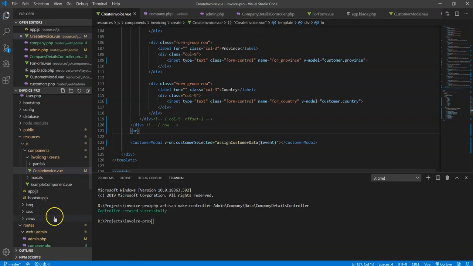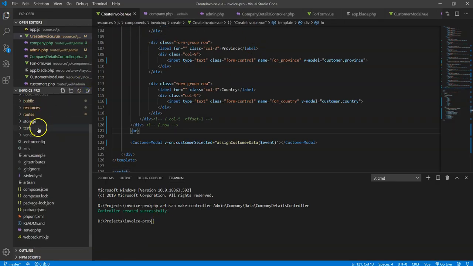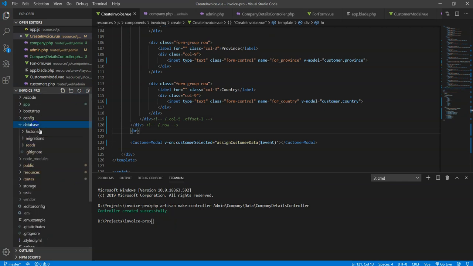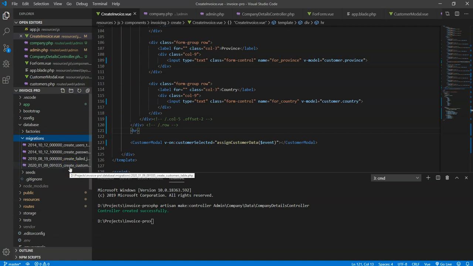Now, let's go back to our migrations. I want to see what our database looks like. It's been about 5 days since I was last on this project. So create customers table, create failed jobs, passwords. Okay, so it's just a customer table. What we need to add now, I would say, is an invoices table. The invoices table, though,